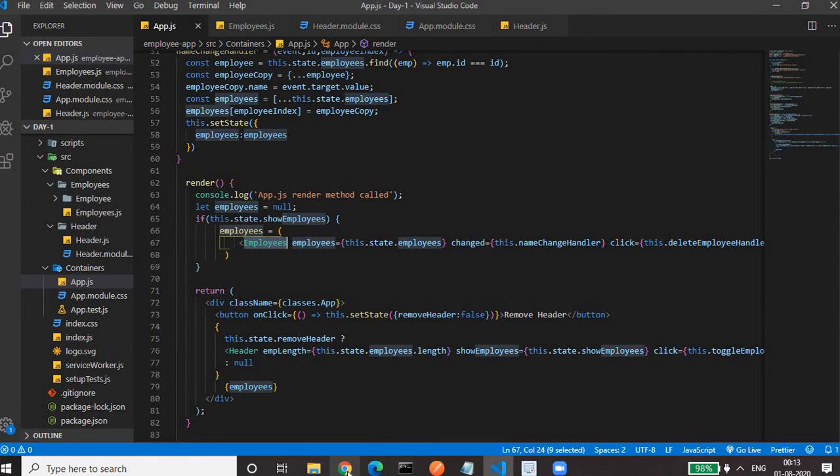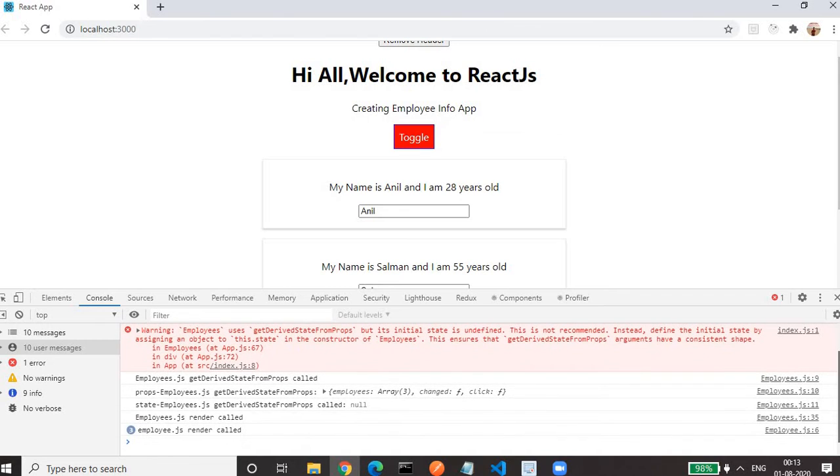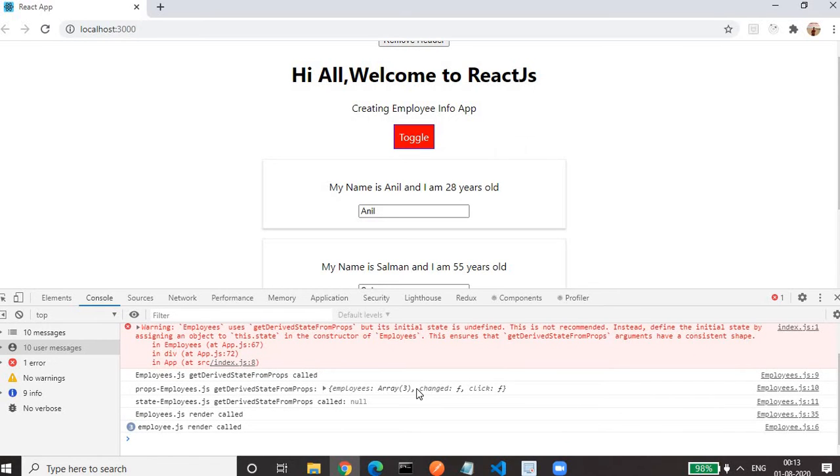So it will call all the creation methods in the employee component: get derived state from props, then the render method. We have only two creation methods in the employees component. If we write component did mount in the employees component, then at the end the component did mount of the employees component will get called.